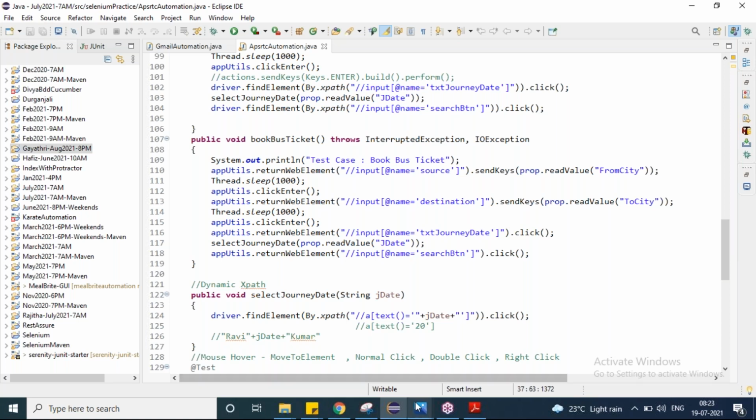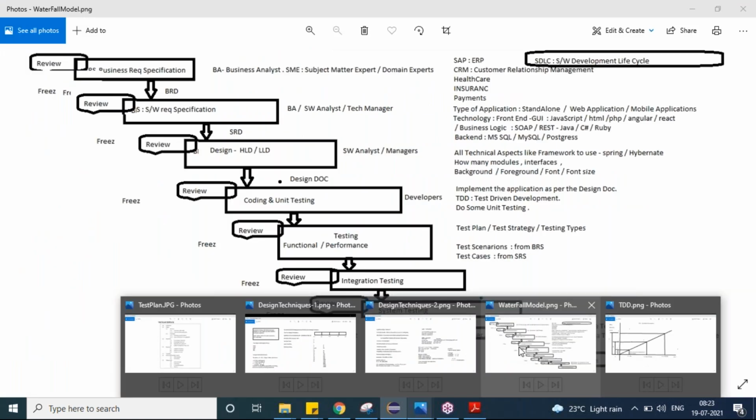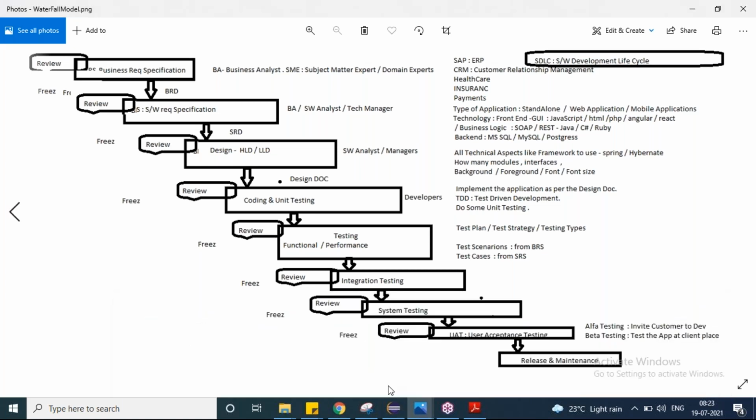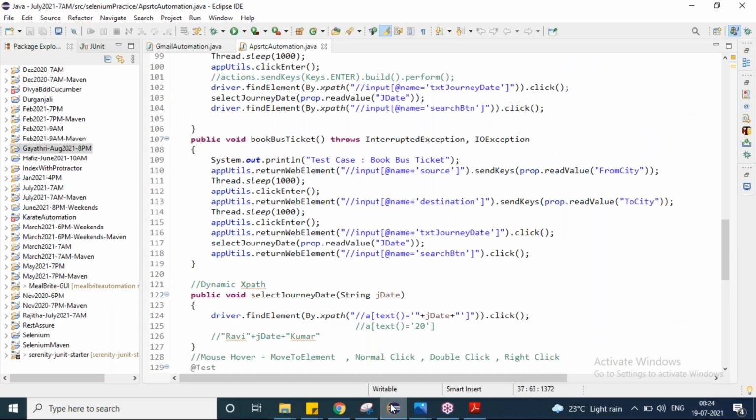testing. Unit testing means a certain number of lines, let me say 10 lines of code, I will treat as a unit. So if I have written 1,000 lines of code, there is a kind of measurement. Measurement means every 10 lines of code I'm treating as a unit. So how many units of code I have written, and whether each and every unit has been covered by me or not, is very important.